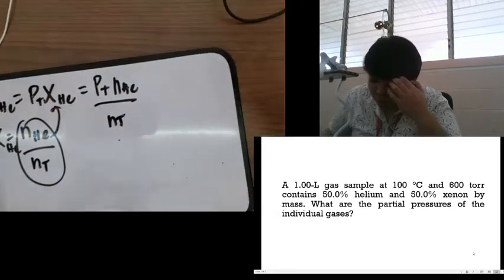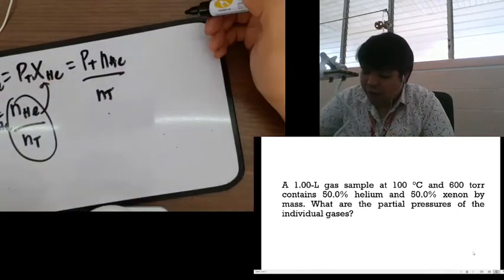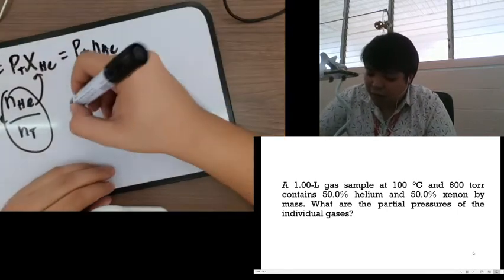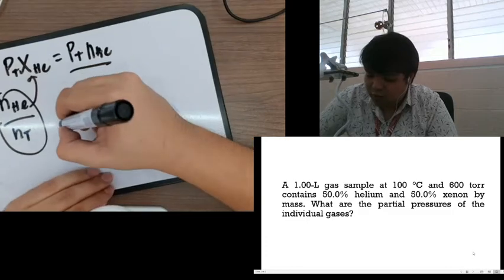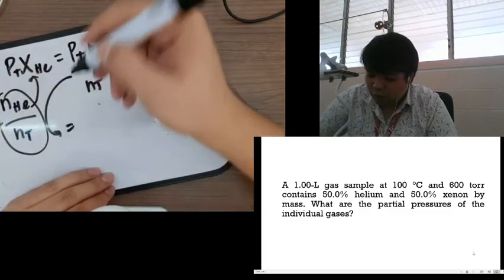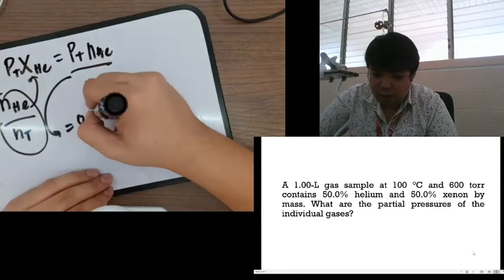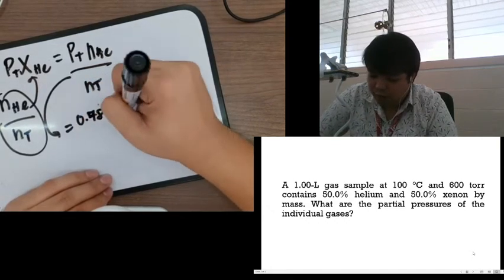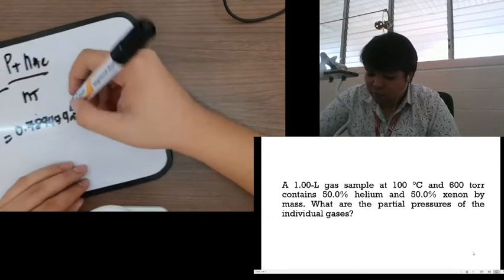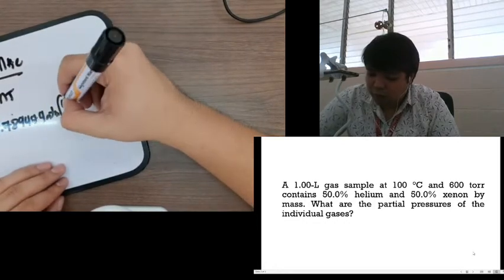Again, we substitute our values. The total pressure is 0.789474 atm multiplied by